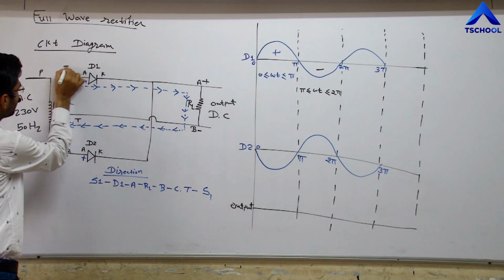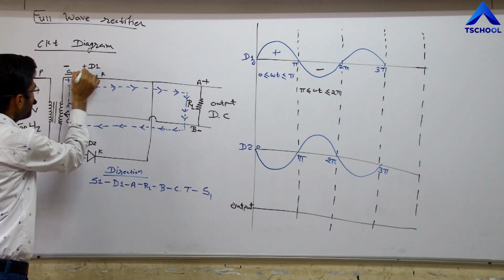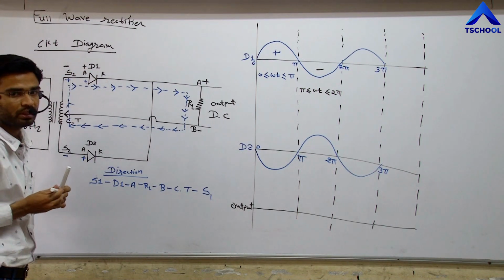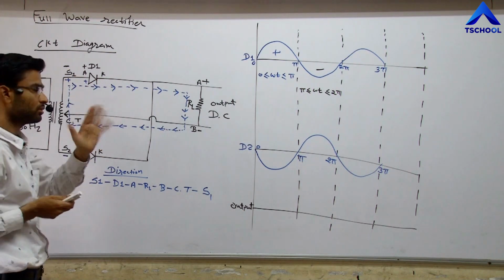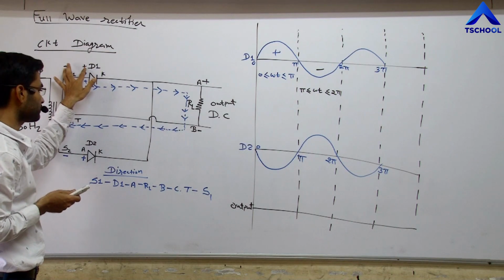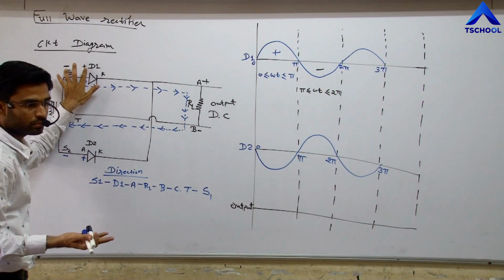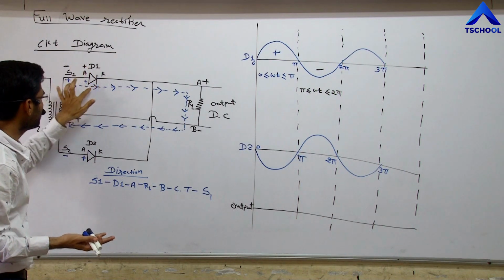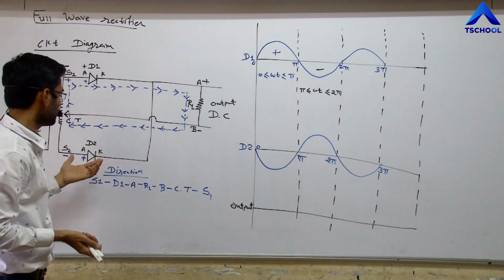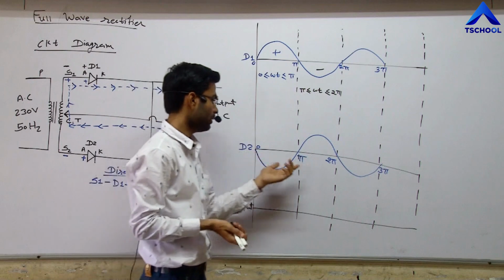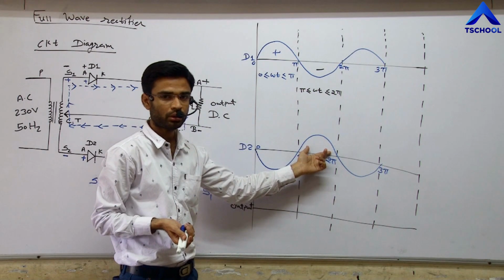With negative given to diode D1 at the P section of the PN junction diode, meaning minus and plus, the diode is in reverse bias mode. Because of the reverse bias mode, there is blockage of the current, and from diode D1 current does not flow. Now the input of diode D2 during the second half cycle is positive.